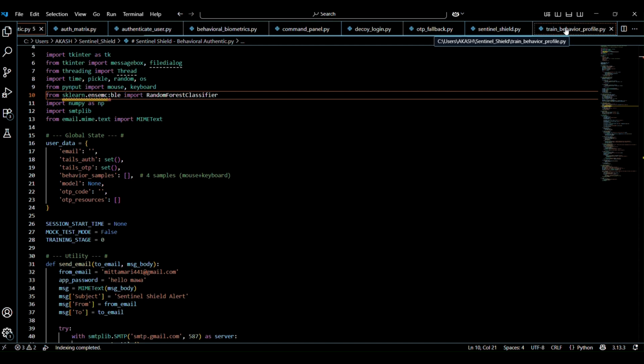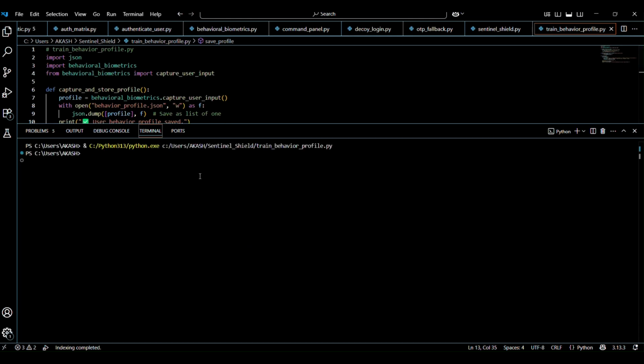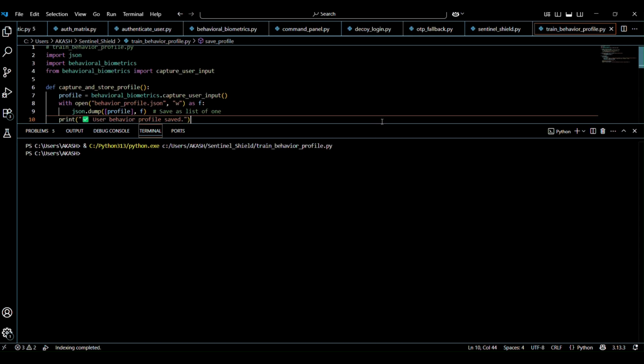Let's go to train behavior profile. Okay, let's run it, run the Python file in the terminal. You can see the terminal has taken the whole code of the train behavior profile, so it's actually working. The train behavior profile file doesn't actually take input.